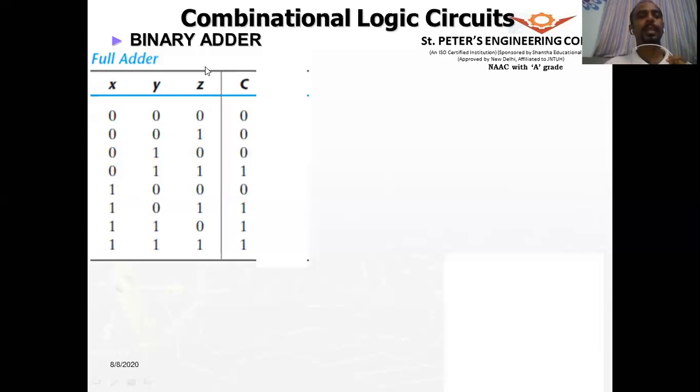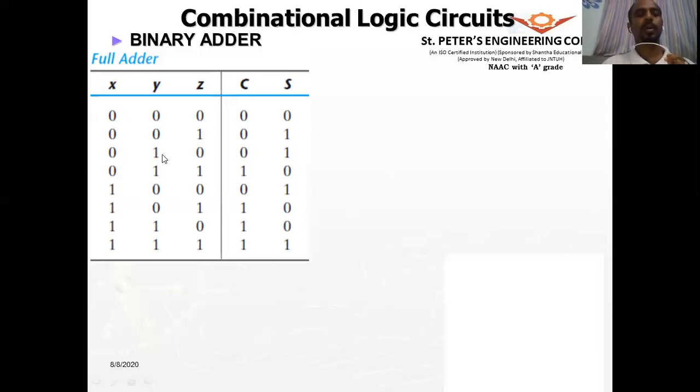I'm going to call this a full adder because I'm taking two numbers for addition and also the carry from the previous addition, which I'm representing as z. All right. So this will generate the carry and the sum. So when I add x 0 plus 0 plus 1, sum is 1. So here the plus is not the OR operation, it is the addition operation.